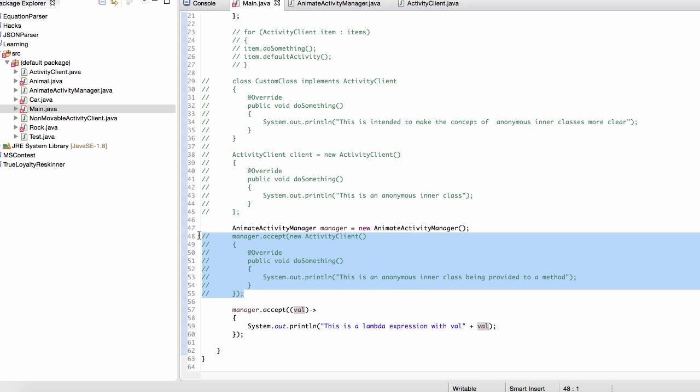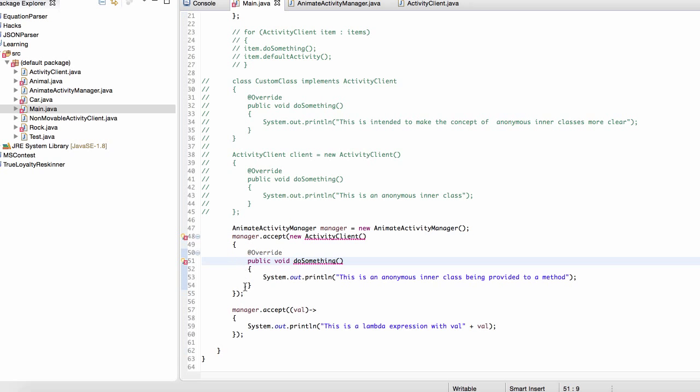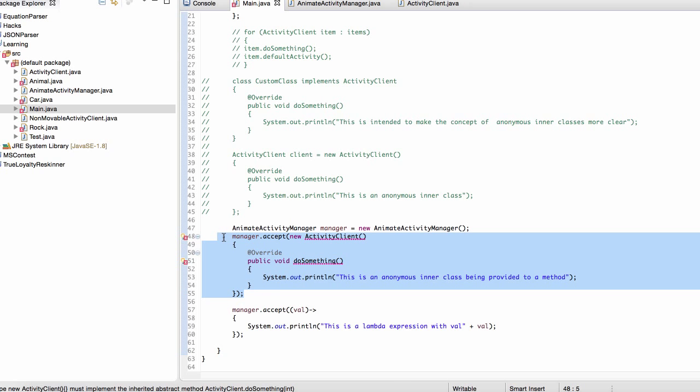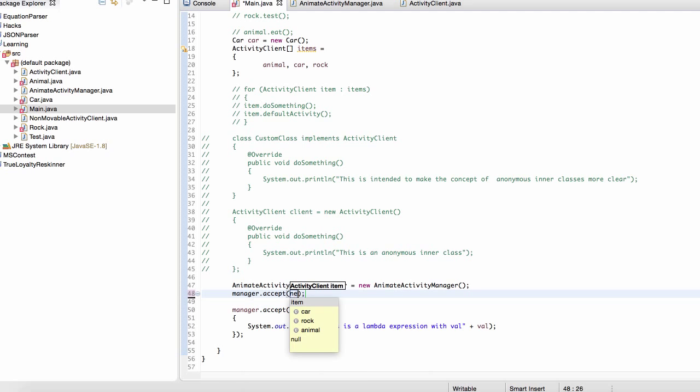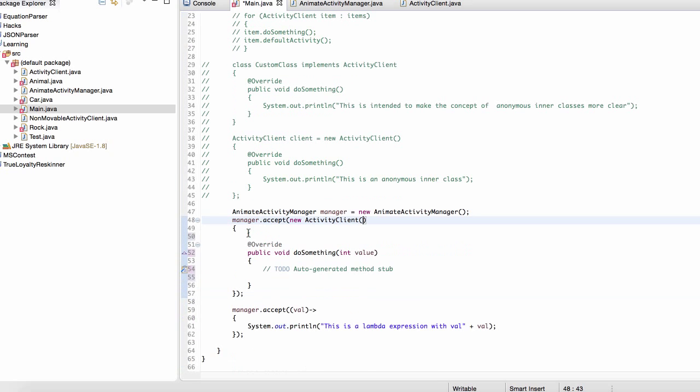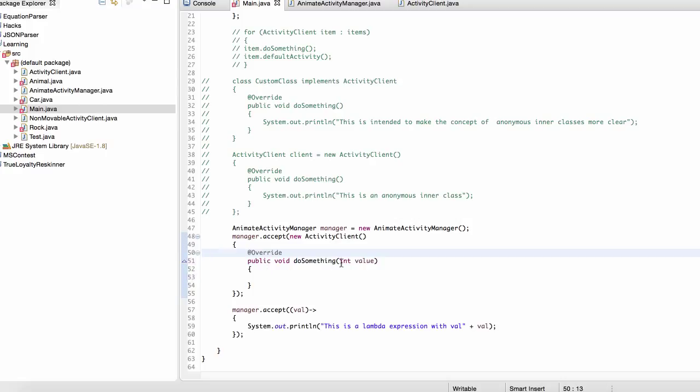So let me actually uncomment this guy out to demonstrate more clearly what this is doing. This is the same thing as doing manager.accept new activity client, and you see that we're being given this int value inside of our doSomething abstract method that's inside the activity client interface. Similarly, we're being given the same value, except it's wrapped inside these parentheses, and we don't need the type before the value. We just need the value inside the parentheses,